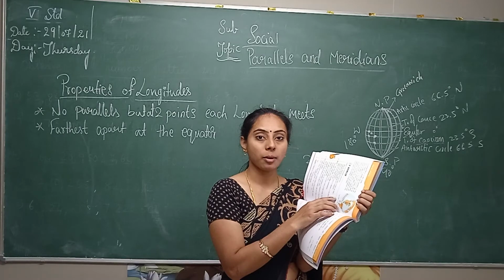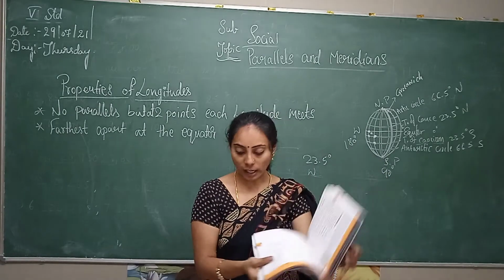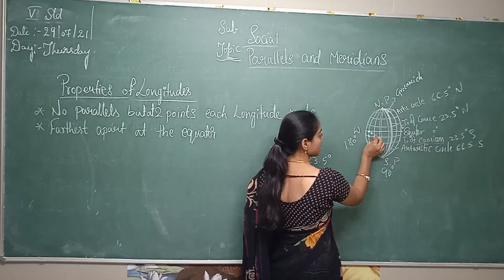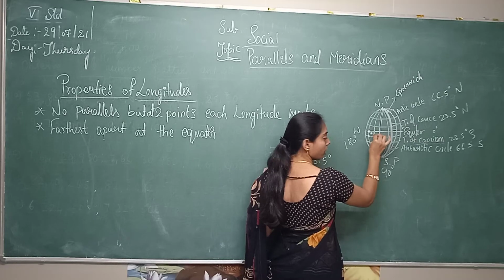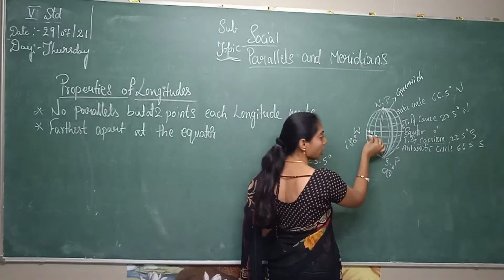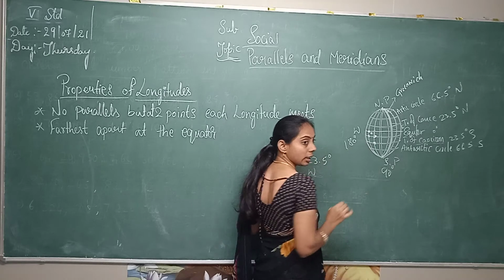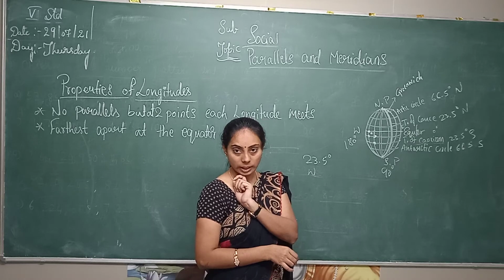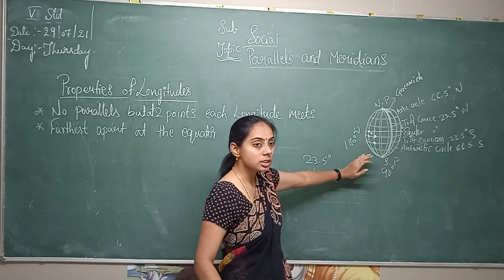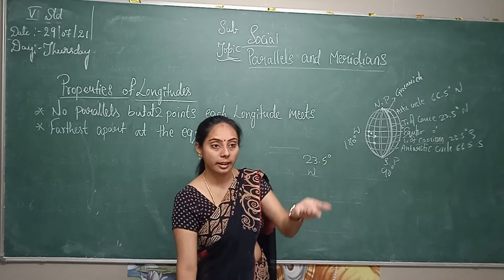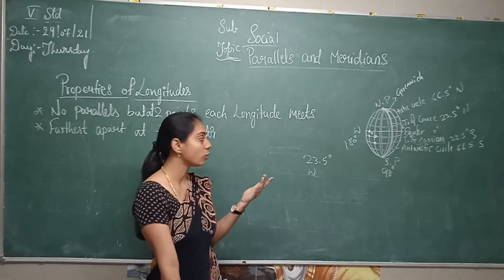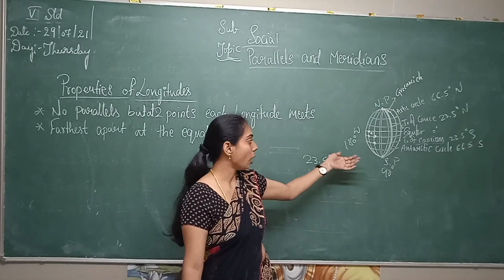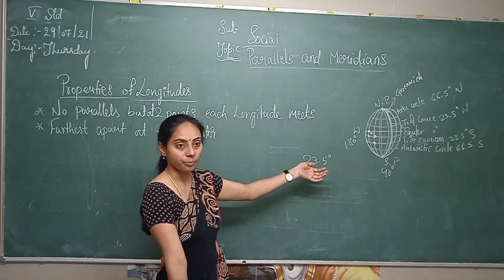First 100 came, later 110. So from one grid to another grid, how many degrees is the difference? 10 degrees. From 110 to 120 to 130, the difference is 10 degrees. Understand? So in your higher classes, you are going to study about this in detail. Okay. So now you understood.